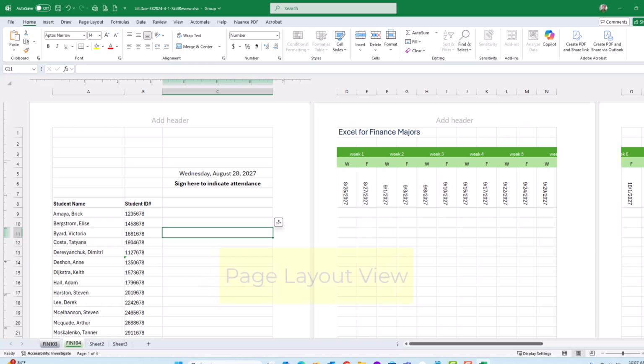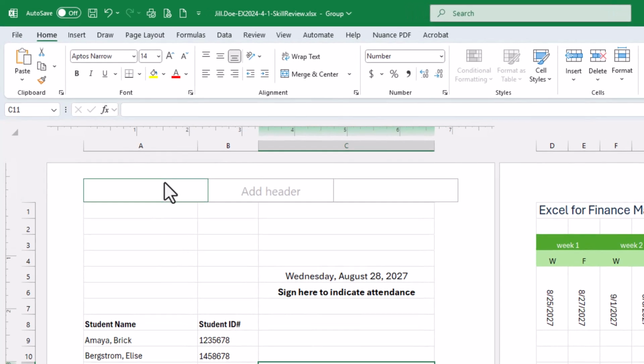Now, kind of like in Word, when you saw certain characters did not print, the words "add header" up here towards the top will not print. If you were to print this, that will not come out on your printout. When I move my mouse into this area, a little different than Microsoft Word, I see three distinct areas in